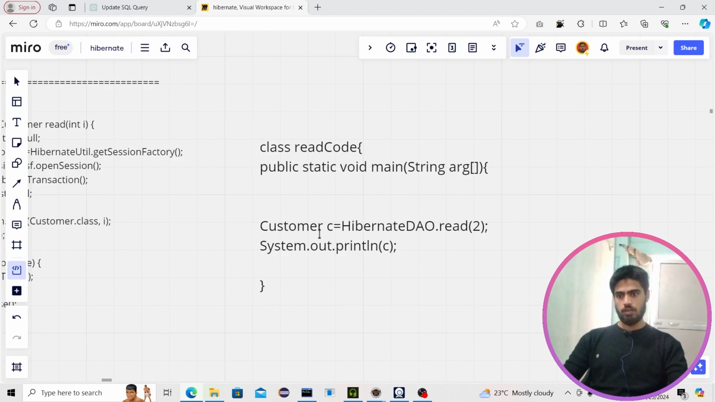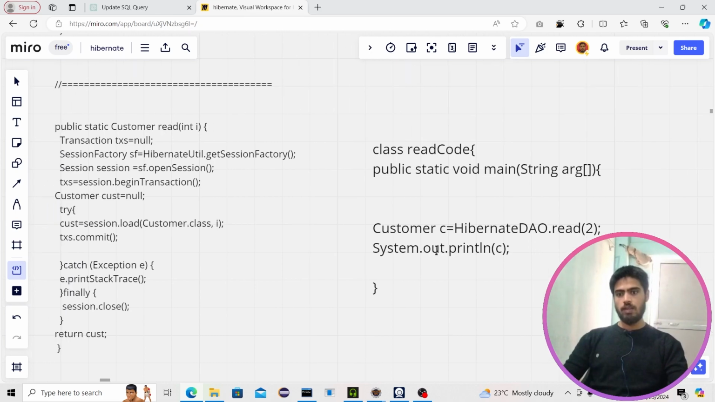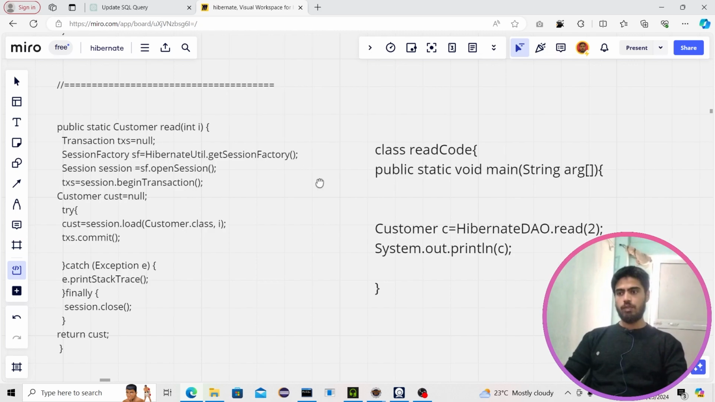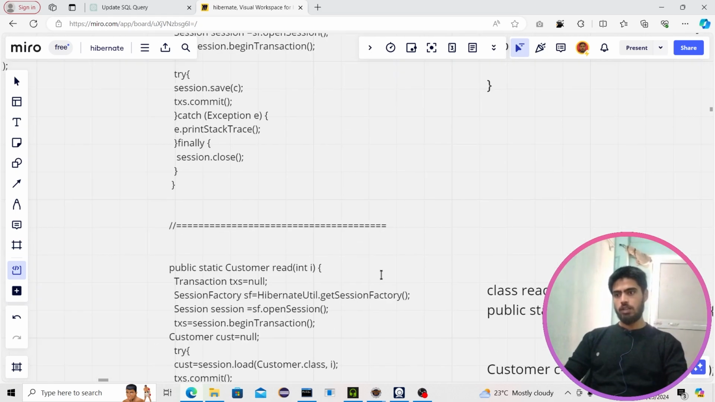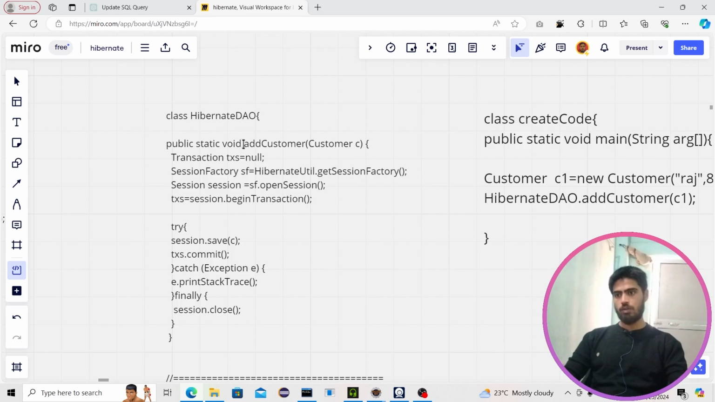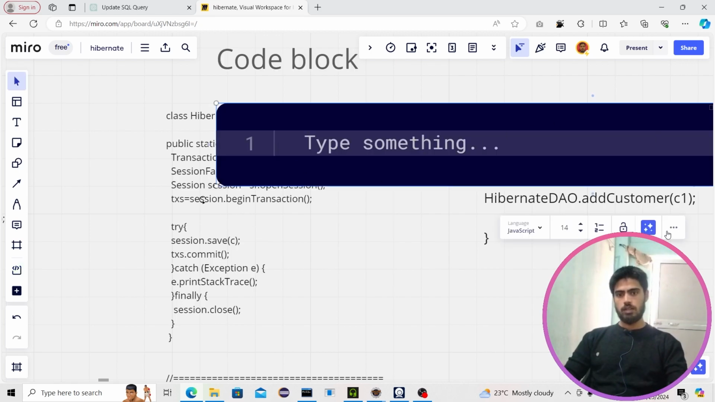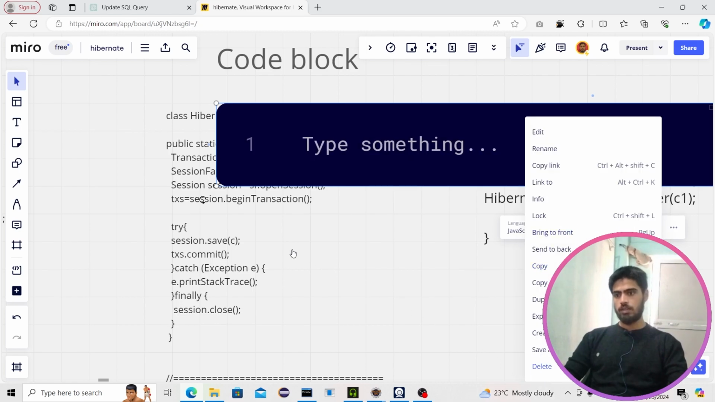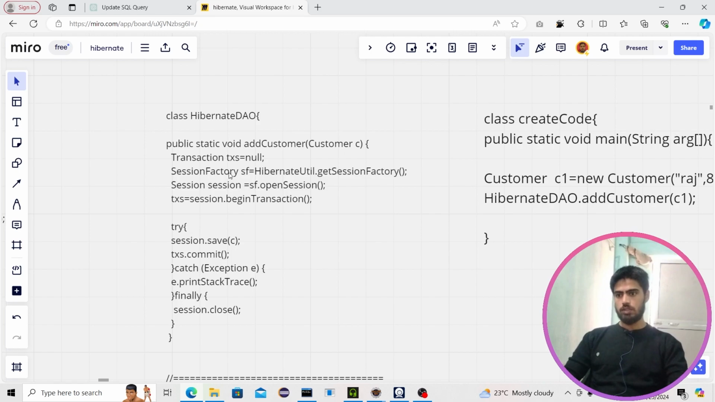Hibernate DAO dot read method. We are calling the read method and passing the primary key of which customer we want to read. So it will get here in the read method and session.load Customer.class, and the primary key will come here and it will return the customer object. We are returning the customer object, so here we are catching the customer object. What if you want to perform a delete operation in this new way? So also inside Hibernate DAO we are going to create one new method, and maybe we can call that method delete customer. So inside here,